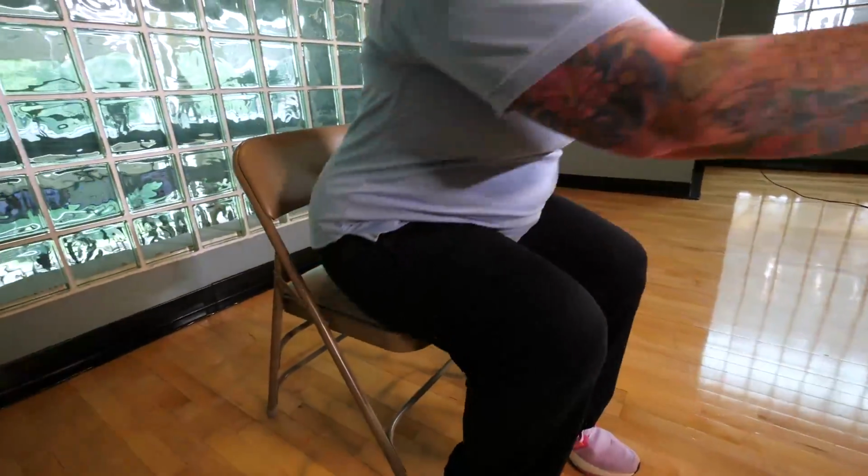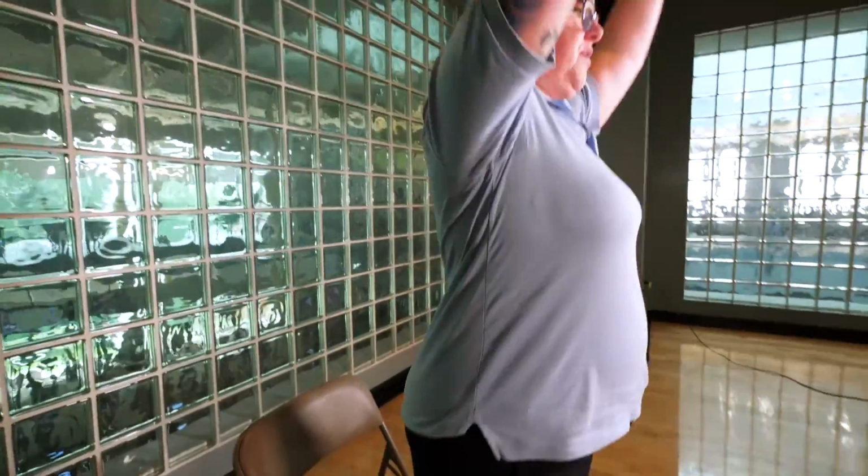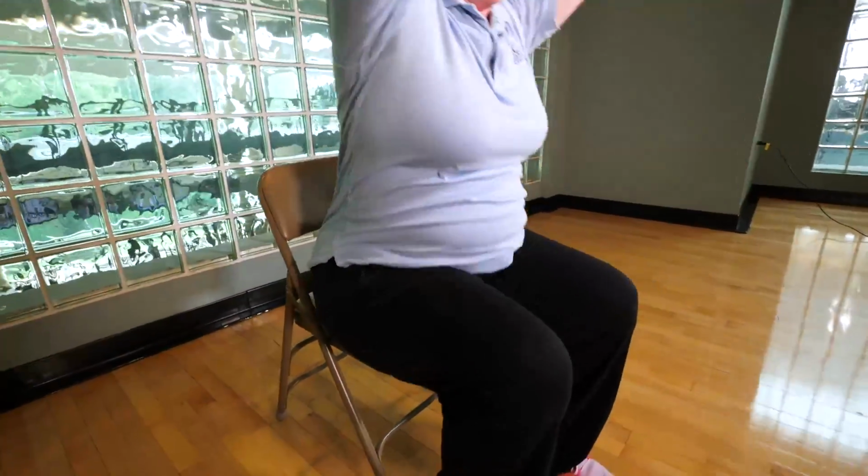If that works really well and it's too easy, one thing that we have people do is hold their arms up overhead. Now, if you have shoulder arthritis, that may not happen. But even just